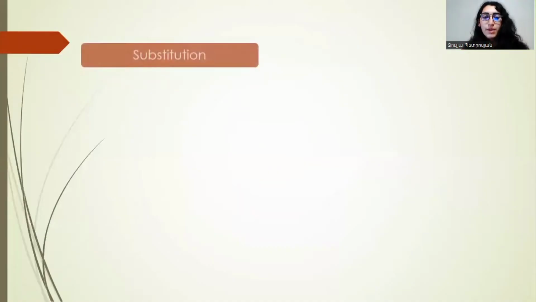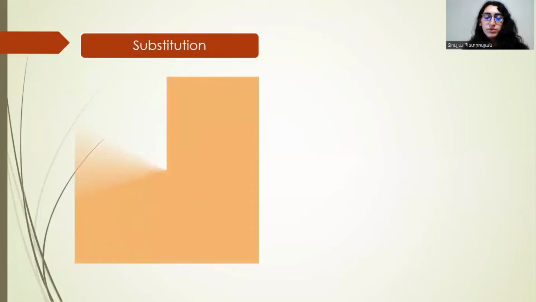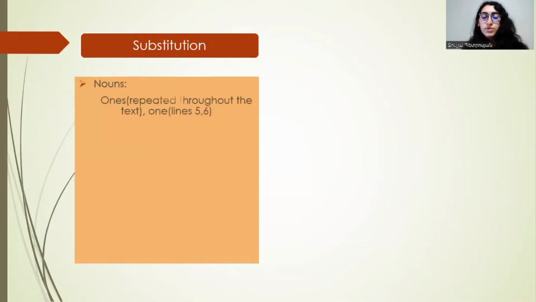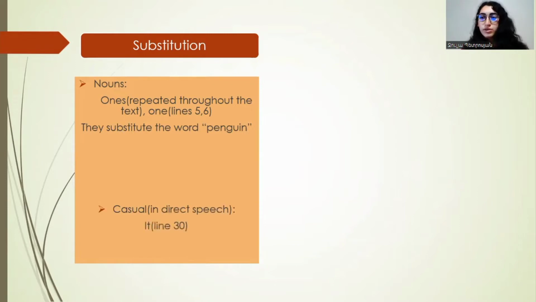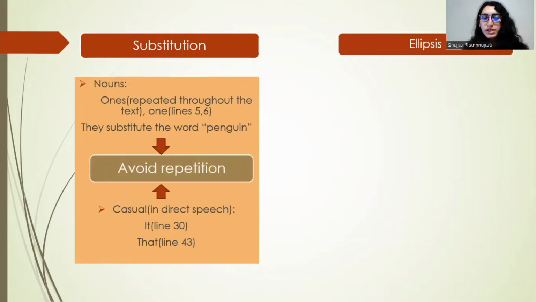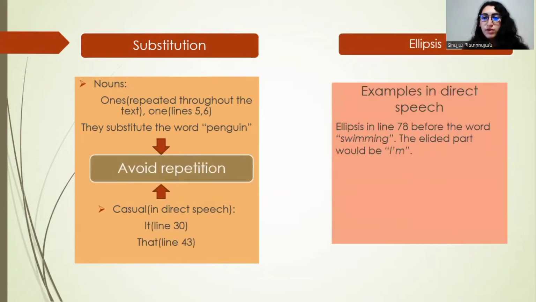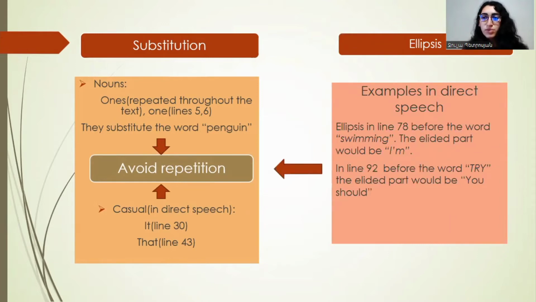So continuing with grammatical cohesion, now I will bring some examples of substitution and ellipsis. As you can see, in the case of substitution, I have found some categories, for example, nouns, also clausal. The main reason why substitution is used is to avoid repetition. It is the same in the case of ellipsis. You can see the examples I have found in direct speech, and the main reason why it is used is